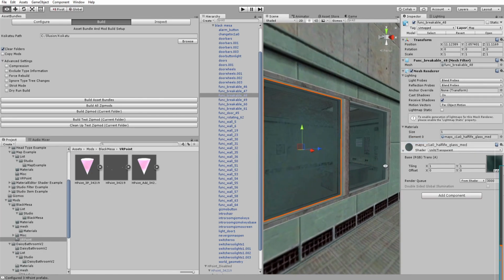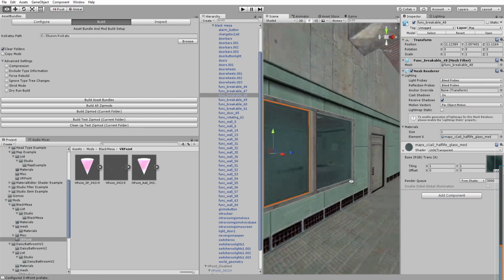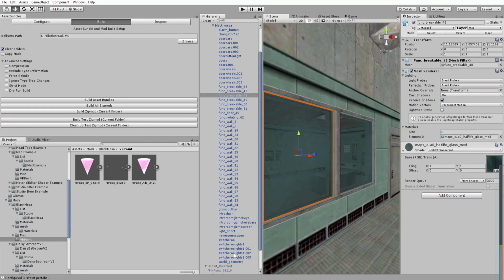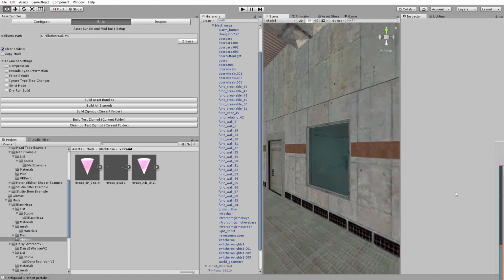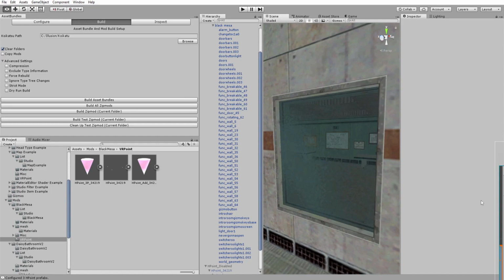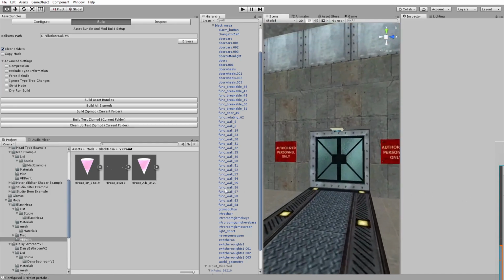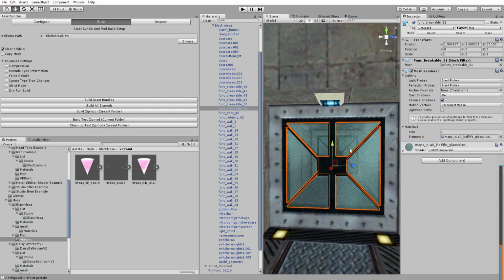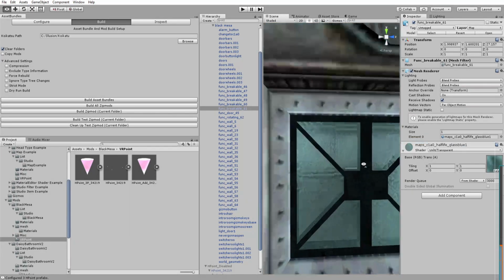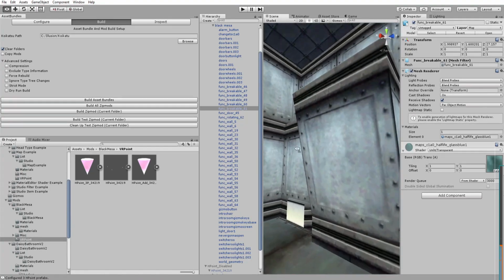And that will turn it transparent, I guess. Wish I had more control over it. I think if you switch to something that isn't unlit, you're going to have more control over the transparency. But yeah, for now, that's pretty good. That's pretty cool. And we can do that with this one too. Transparent. There you go. And now you can see through to the other room, and there's not really anything in